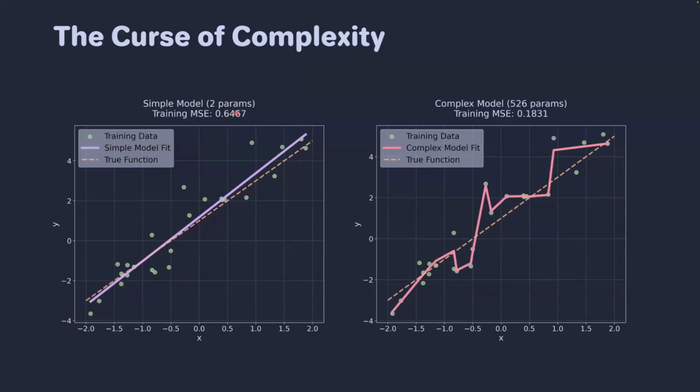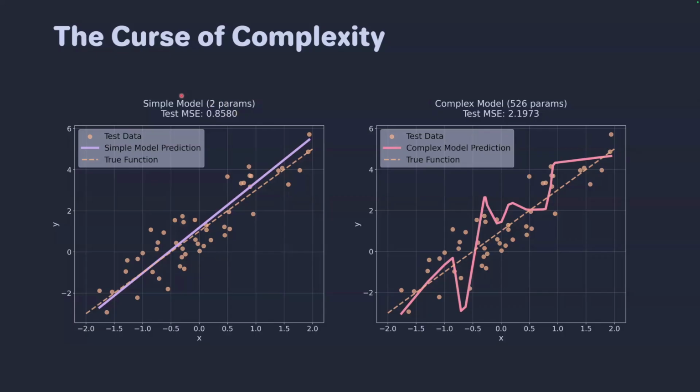Usually the test loss is higher than the train loss, because the train loss is really on the data that the model has seen and the data that has helped the model to learn. So it should be as low as possible, as far as the model performance goes. But once you apply the very complex model that we developed, which had a really low training loss, you see that now we're getting a much higher loss. And this phenomenon is called overfitting.